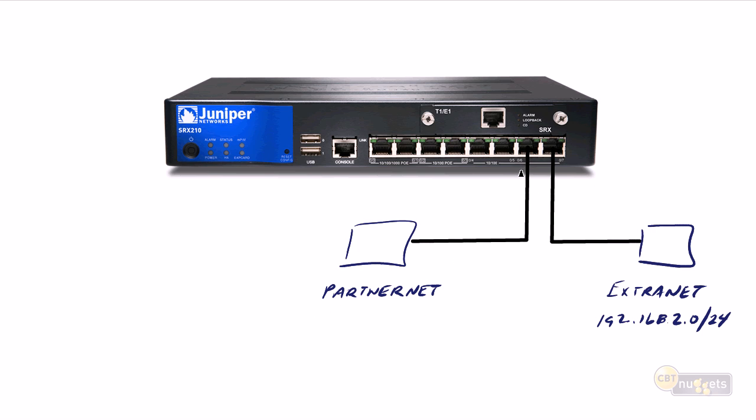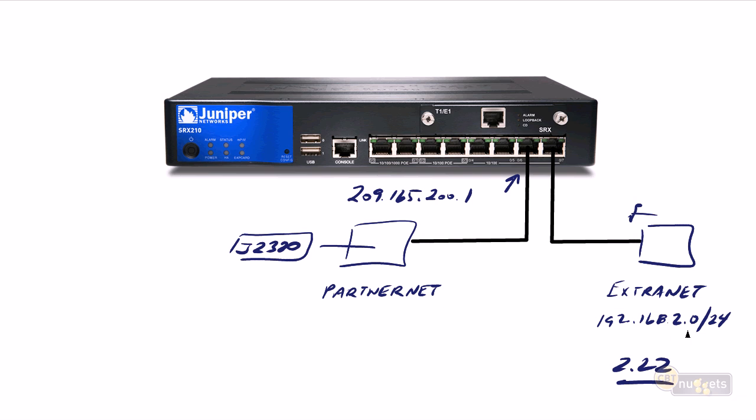So this interface 06 here, I've assigned to that interface 209.165.200.1. Okay? Now, what I've done here in my partner net is I have a J2320 router. So I'm going to connect through this extranet from a host here, which obviously we know is my host. It's at 2.22. It's the one I'm working on right now. So it's on this